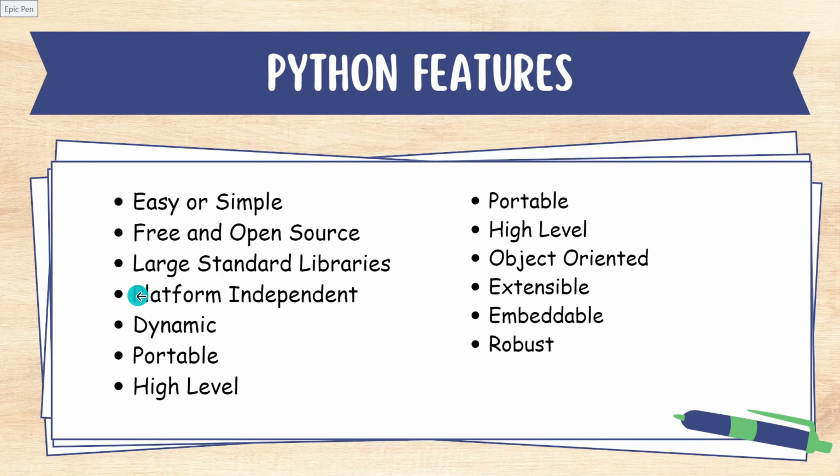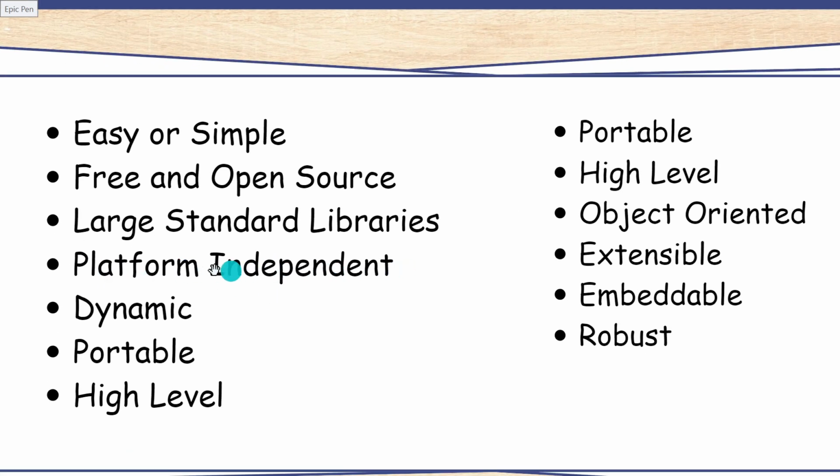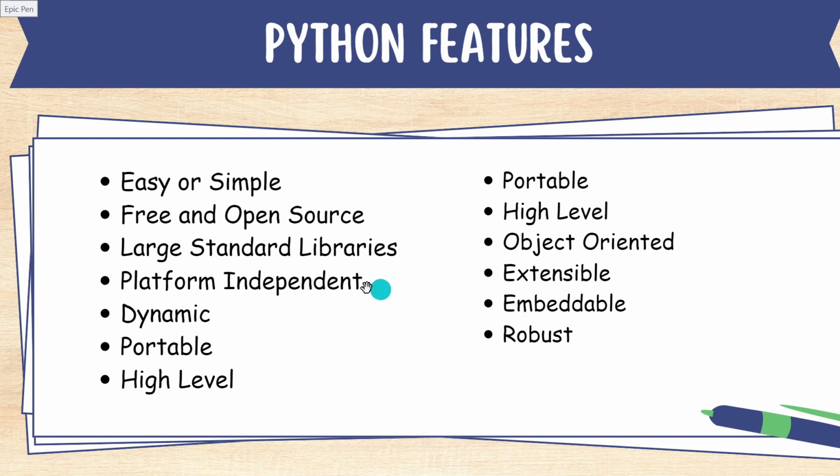Are you understanding now what platform independent is? Platform independent means you write on one platform but can execute on a different platform. So Python has the capability to write once and run anywhere, or code once and run anywhere. That's why Python is platform independent. More technically, Python generates bytecode. Python doesn't translate code into binary directly. It converts code into bytecode, and that bytecode is further executed by the PVM.